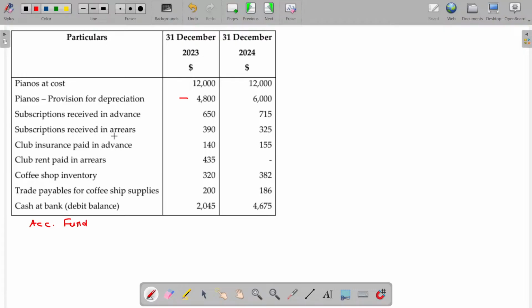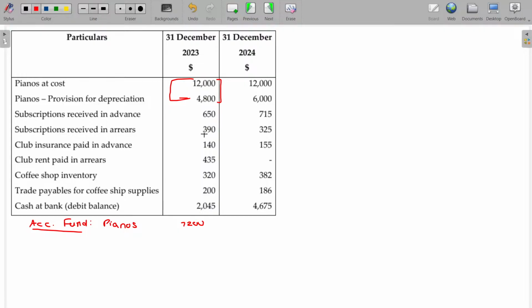You have to identify the assets here. What are the assets we have? Pianos. Net of that will be your net book value 7,200, and subscription received in advance is the liability, arrears being the asset,